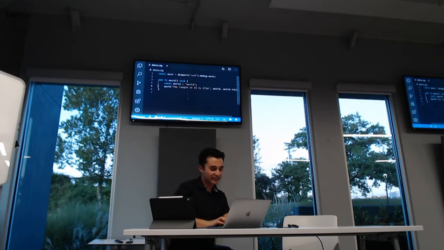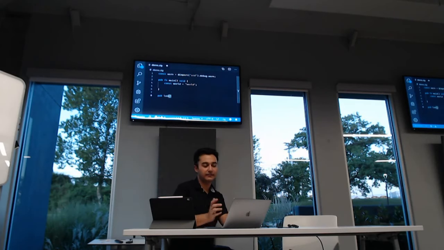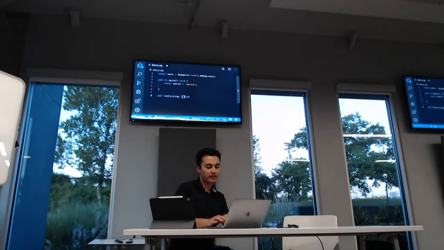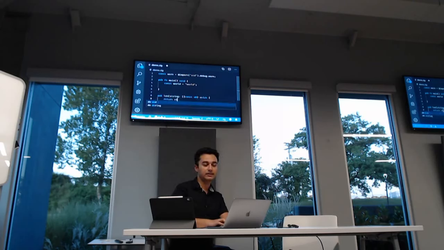So, const world is world, right? Let's say I want the len. Let's create a len function that takes in a string, and a string is a const u8. So this would be a variable slice of type u8. This is how you would write it. A u8 is a char, but because this is const, you define that in the type system, and then you return a usize. I could do return string.len.